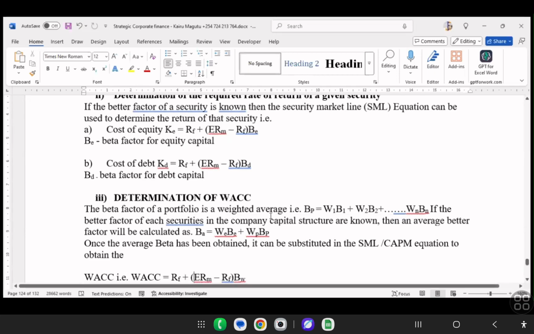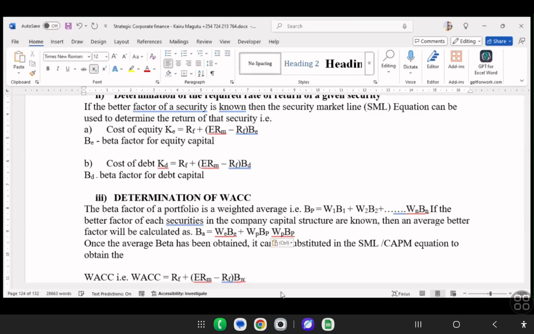Application number two is the determination of the weighted average cost of capital. In the capital structure, we could have equity, debt, and preferred stock. If we have the beta factor for each, it is possible to determine the weighted beta factor. The average beta is equal to the weight of equity times the beta for equity, plus the weight of the debt times the beta of the debt,